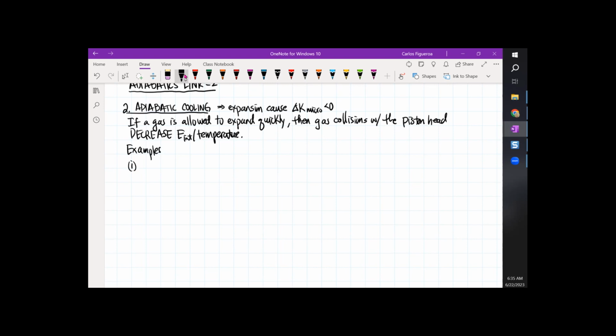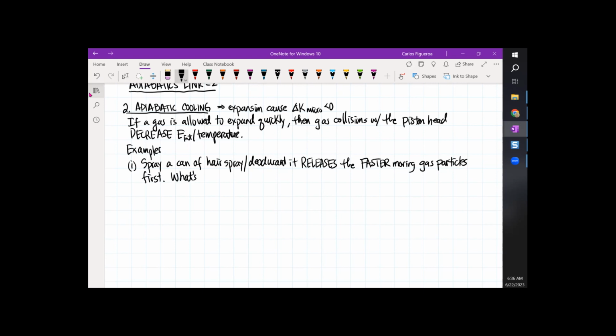One of these is when you spray a can of, let's say, hairspray, or a can of deodorant, it releases the faster moving gas particles first. What's left in the can